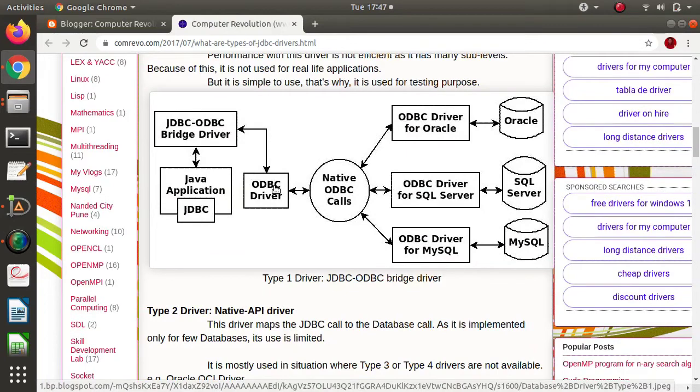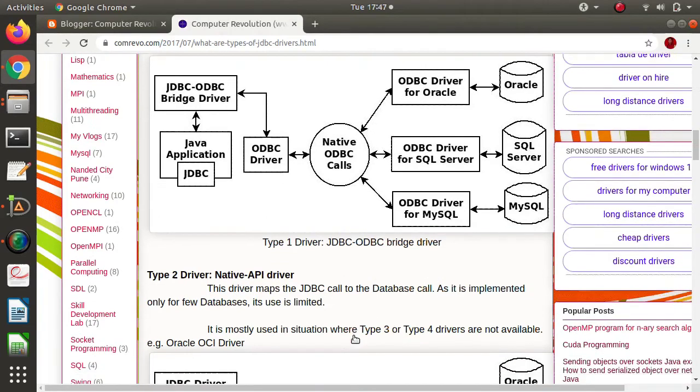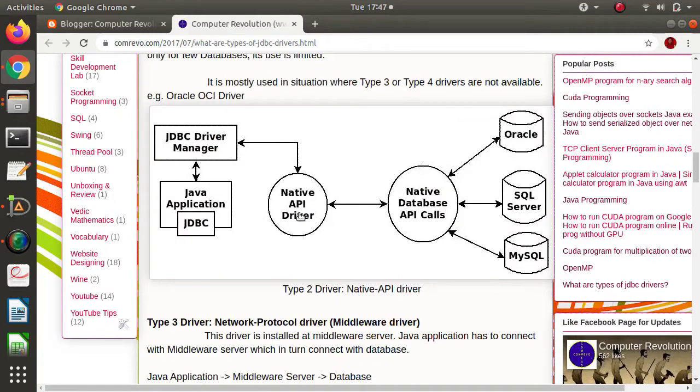It is an open source driver, and in all these databases we were using the ODBC driver. But in the Type 2 driver, this native API driver is provided by these databases. So Oracle is providing its own native API driver, SQL Server is providing its own native API driver, MySQL is providing its own native API driver.